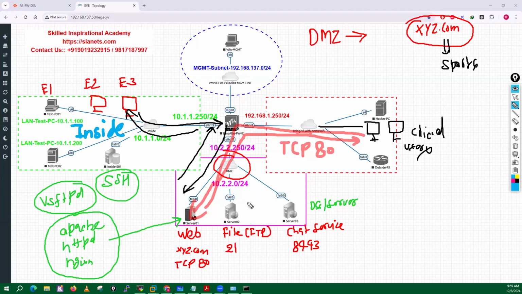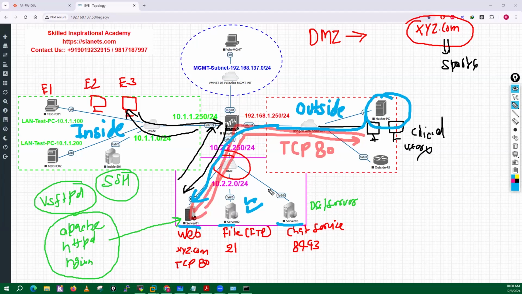Means these are the servers receiving traffic from the internet, and they are also receiving traffic from your inside area. Means from both inside and outside, traffic is coming. Now maybe there is a high chance a hacker can also start scanning these servers on port 80, port 21, or port 8443 for some type of vulnerabilities, some type of exploits,